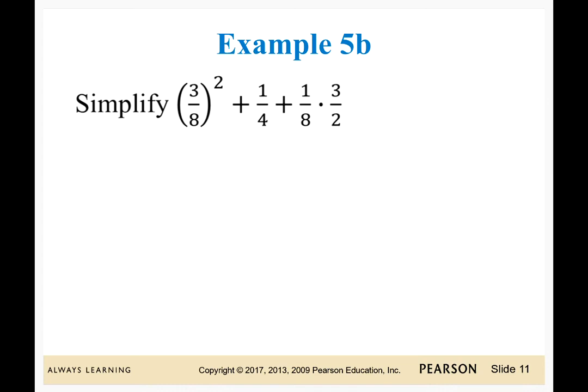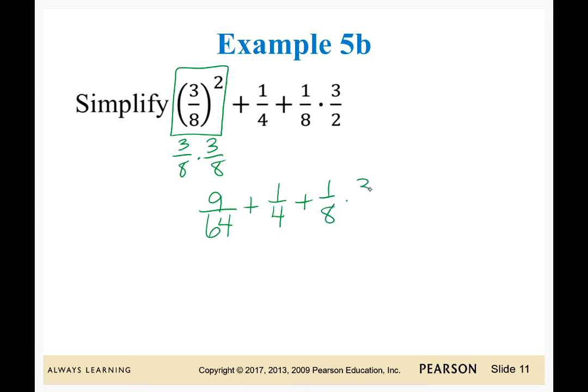So again, we're going to start with order of operations. First step is grouping symbols. We do have some parentheses, but if you'll notice, these parentheses are just holding that 3/8. So it's not really a grouping symbol. It's just telling us what the base is for our exponent. So we are going to do this first. Okay, 3/8 squared. This is 3/8 times 3/8, and hopefully everyone knows that that is 9/64. So I'm going to replace that